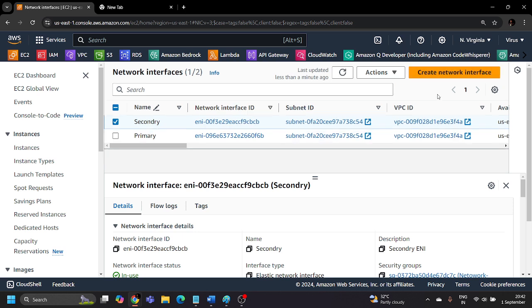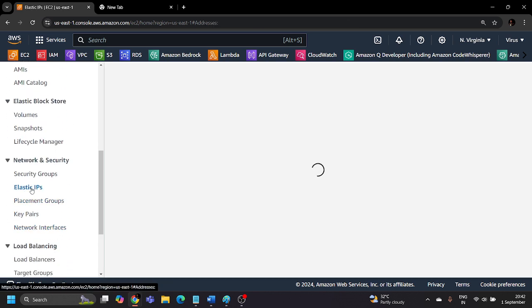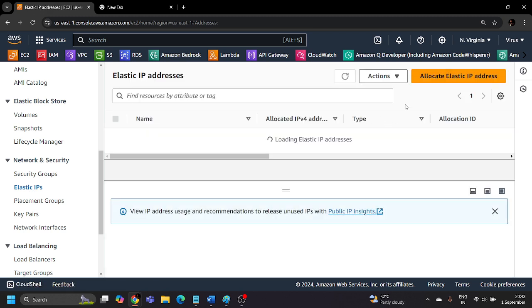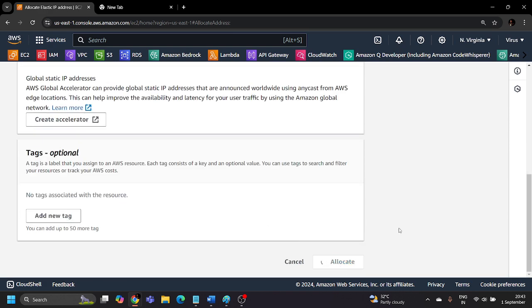Now, after this network interface, we also need to use the Elastic IP address as well, so that we will get a static IP address, so that every time we restart the virtual machine, we will not have to face the same problem of the changing public IP address of the EC2 instances. So for that static IP, we should use the Elastic IP address. The Elastic IP address that you want to use, you need to allocate one to your account and then associate it with your instance or the network interface card, or anything you want to attach. So first you need to allocate the Elastic IP address in your account. Allocate,